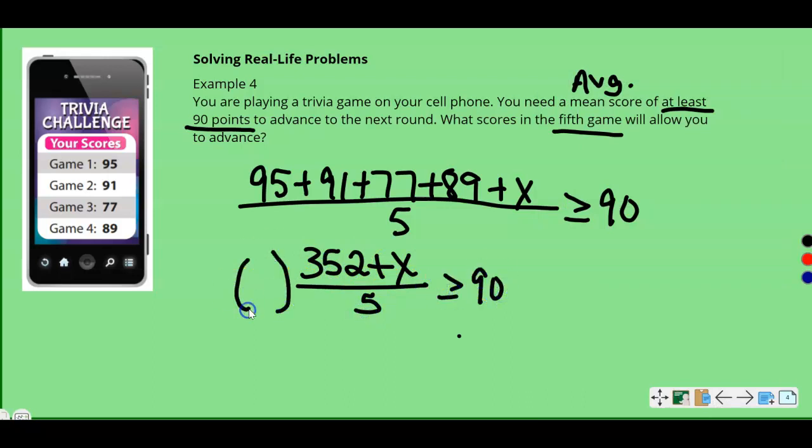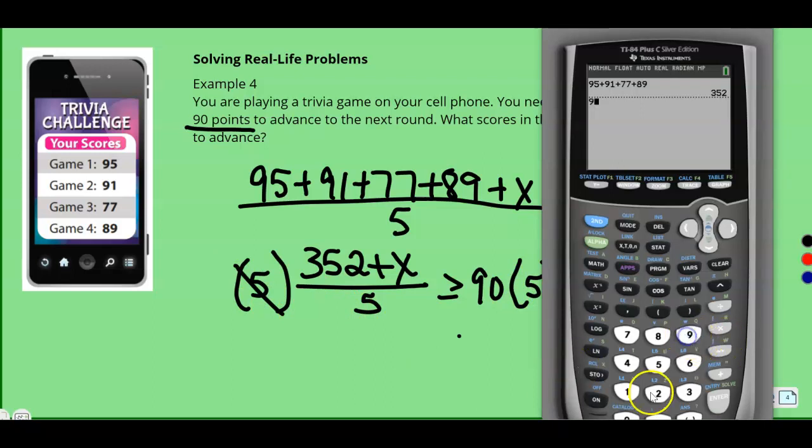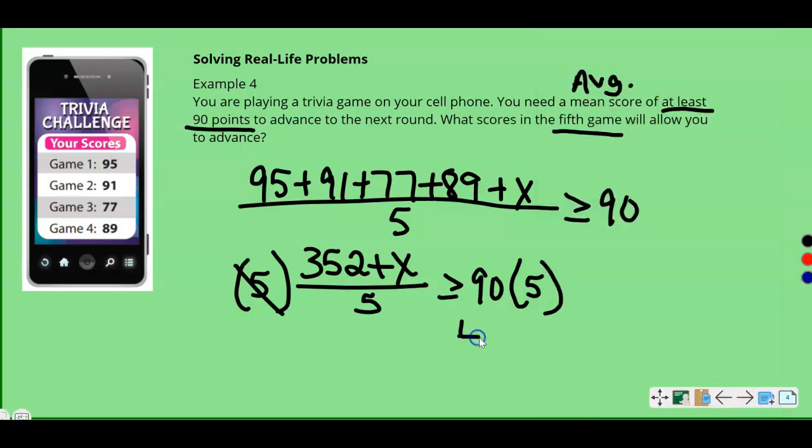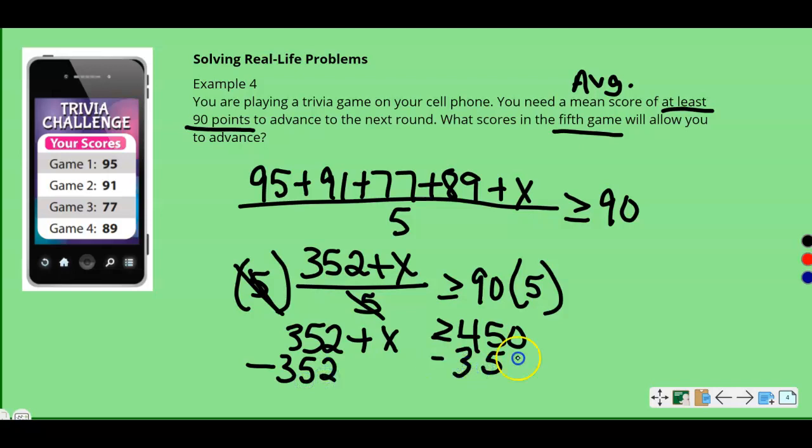All right, now we're going to multiply both sides by 5. Let's get rid of our fraction. Okay, so 90 times 5 is 450. So we got 352 plus x. The 5's canceled, so I'm left with what's on top. So I'm going to subtract 352 from both sides. x is going to be greater than or equal to